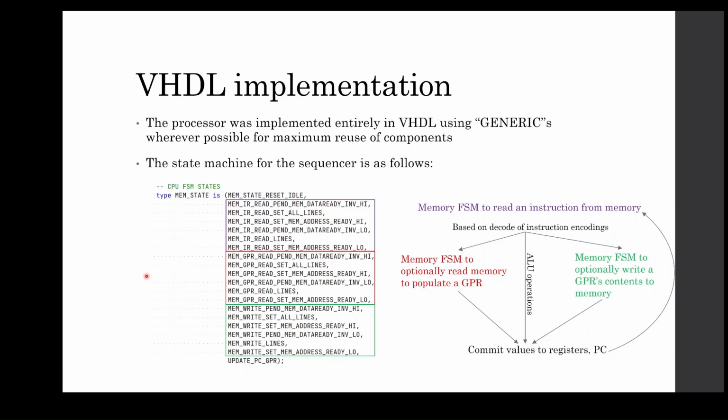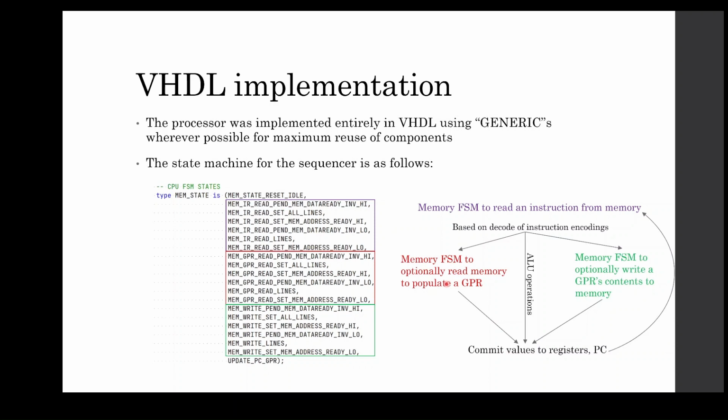The state machine for the CPU sequencer is as follows. These are all of the available states that our CPU can exist in, and they're organized as follows. Those enclosed by the purple box correspond to memory subsystem finite state machine states to read a specific instruction from memory into the instruction register. Those that are enclosed by the red box correspond to memory finite state machine states